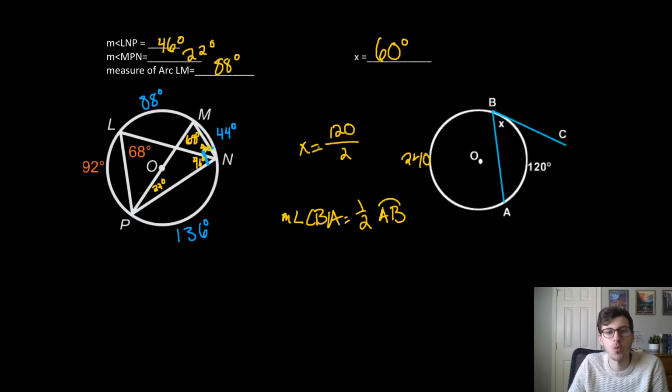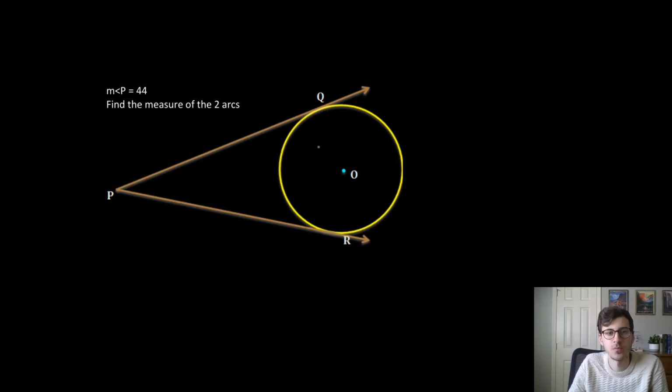Okay, I think we've got one more example. Boom. Find the measure of these two arcs. We know that the measure of angle P is 44 degrees. Okay, now, if you remember